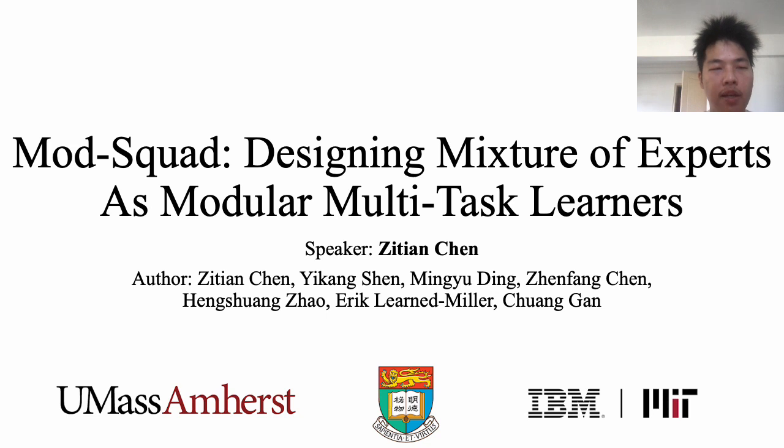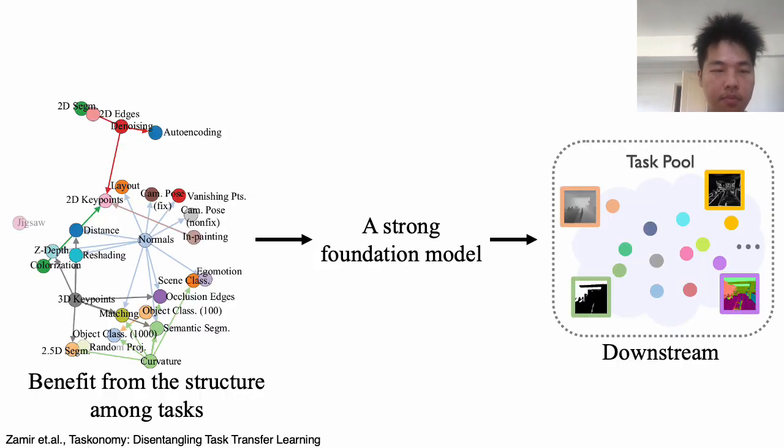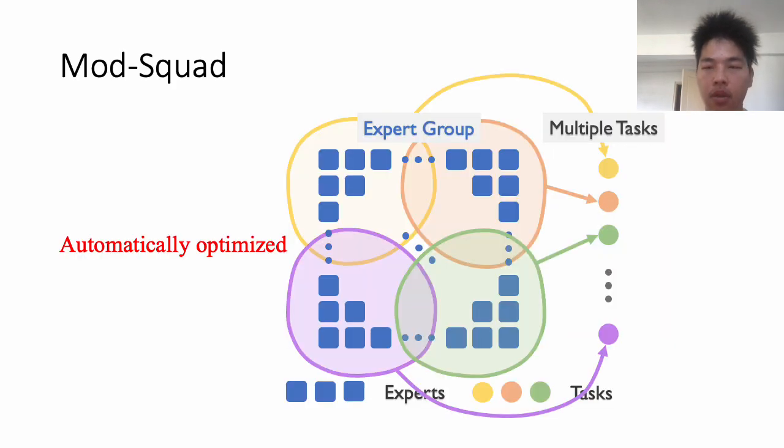Today I'm going to present our CVPR paper, Modular Designing Mixture of Experts as Modular Multitask Learners. Our paper focuses on multitask learning and developing a strong foundation model that can be efficient at downstream tasks. Modular presents a new technique to modularize the unified model into several high-performing components that can specialize for a small